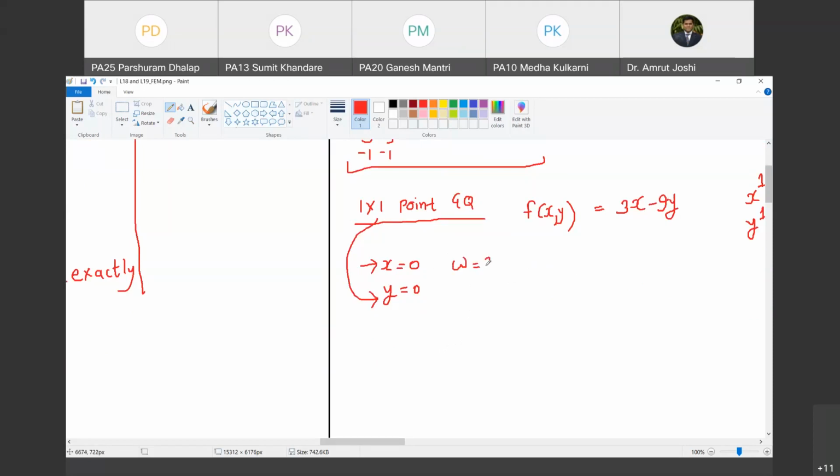Weight is 2 corresponding to x = 0, and weight is 2 corresponding to y = 0. Do you agree with me? Yes, sir. अब जरा देखो, integration -1 to 1, -1 to 1, f of x comma y dx dy